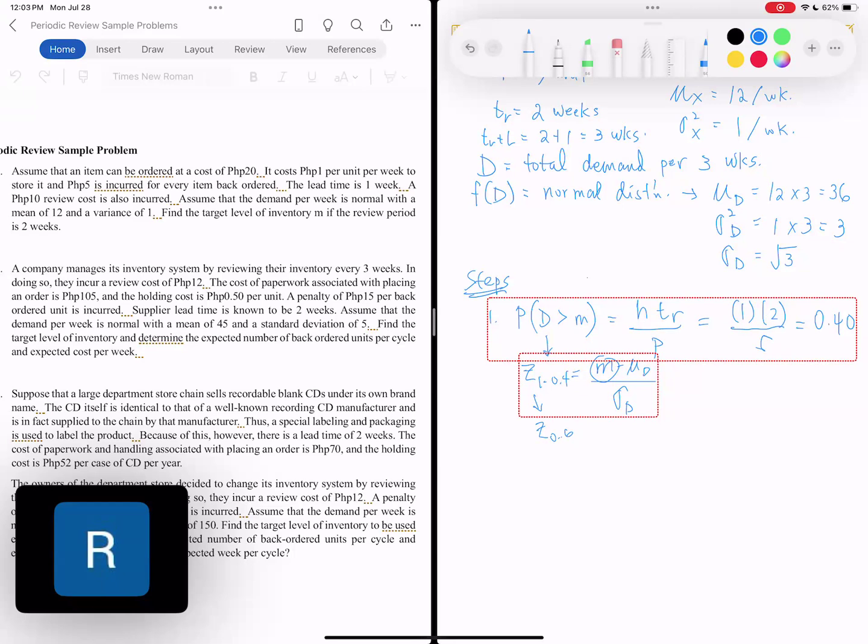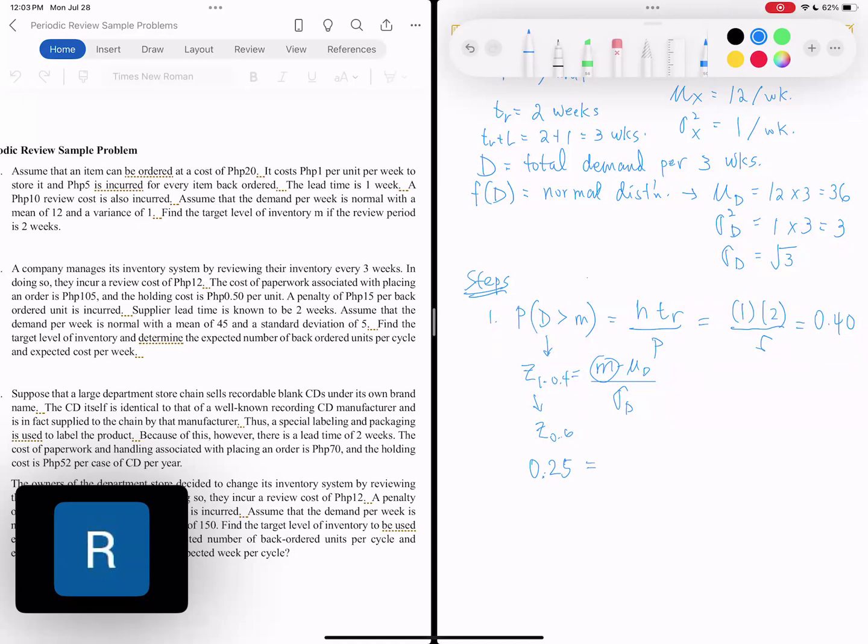So, what's the z value? So that we won't waste a lot of time, if you go to your z table, this will be equal to 0.25. In your PowerPoint, I think it's 0.255, if I'm not mistaken. You can use that or you can use this, it doesn't matter. It's 0.25 and 0.255. I use the table, not the nearest value. So 0.25 is equal to